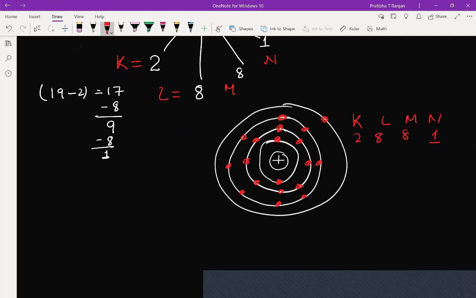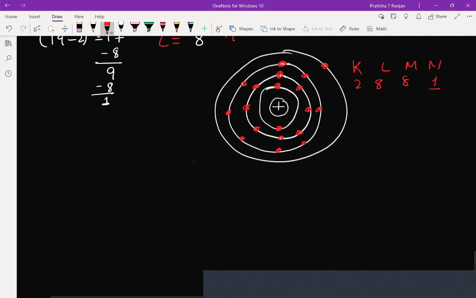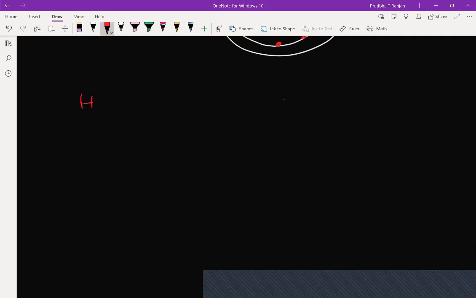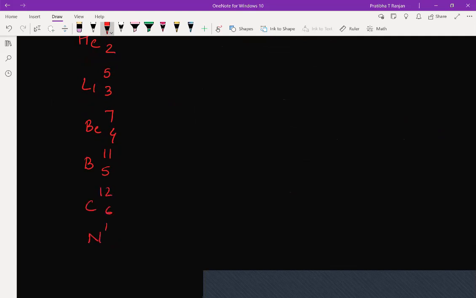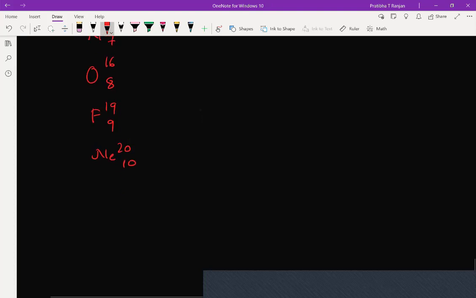So in this way, we are going to draw the electronic structure of any atom, especially up to group 20, atomic mass up to 20. For learning, you can make a table like this: hydrogen 1, helium 4 and 2, lithium 7 and 3, beryllium 9 and 4, boron 11 and 5, carbon 12 and 6, nitrogen 14 and 7, oxygen, you can find it from the periodic table, 16 and 8, fluorine 19 and 9, neon 20 and 10, sodium